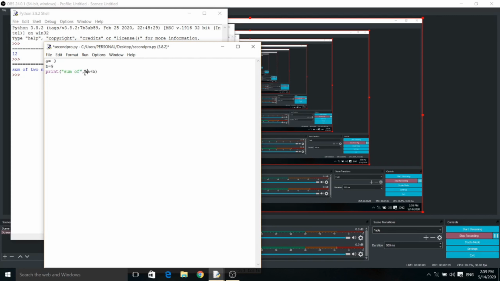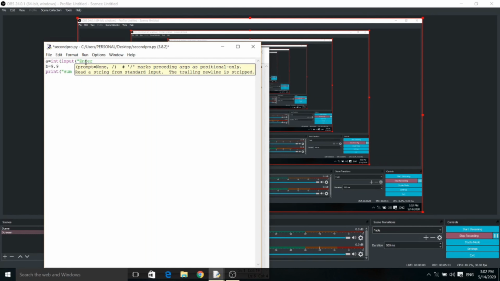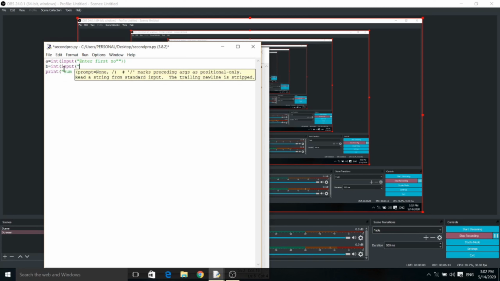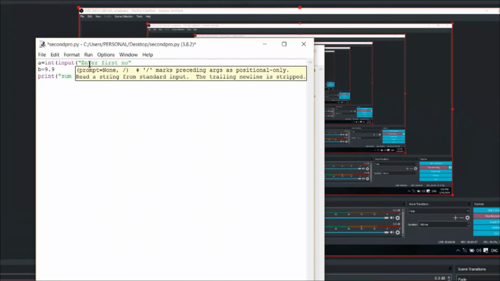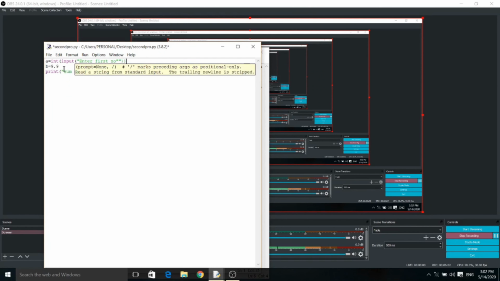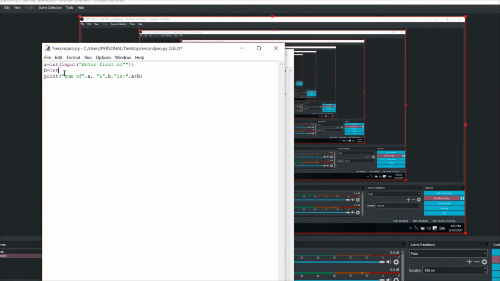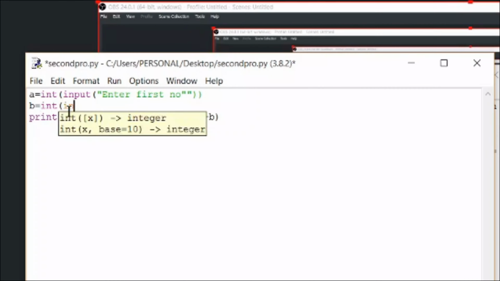We can modify it again by giving sum of a, comma, first number. Similarly, in the second memory variable also I will mention int, input.